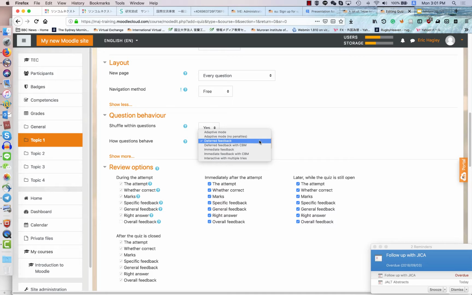Well, if you are doing practice quizzes where you want the students to learn, I would suggest adaptive mode. If you are doing an exam kind of quiz, where you want to find out have they learnt anything yet, then deferred feedback is probably the way to go. There are other options there, but we won't go into those in this first